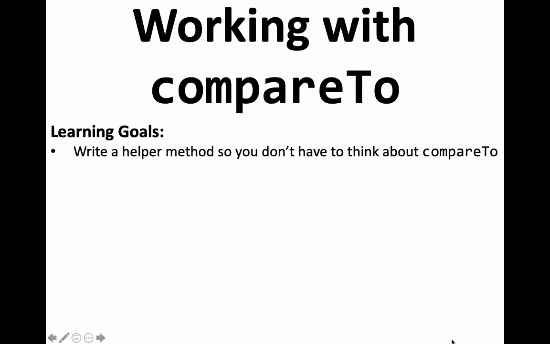Okay, Comparable is a super common Java interface, and it requires that people who implement that interface write a compareTo method. I find the compareTo method frustrating to try and remember which one it is. I know that when you take an object and you compare it to another object, if it's 0, then they're equal. And over years of looking it up again and again and again, I know that if I call it on the bigger object, maybe that's later in the alphabet or maybe a bigger number,